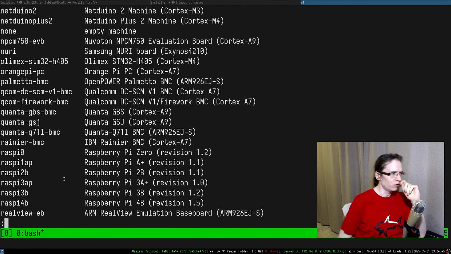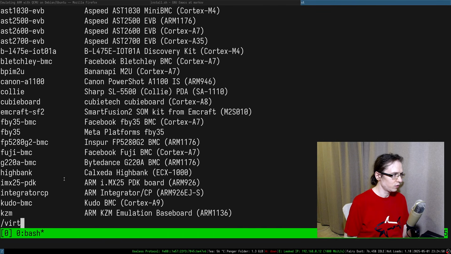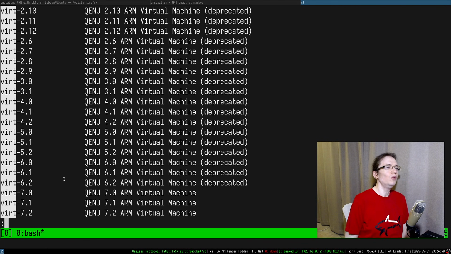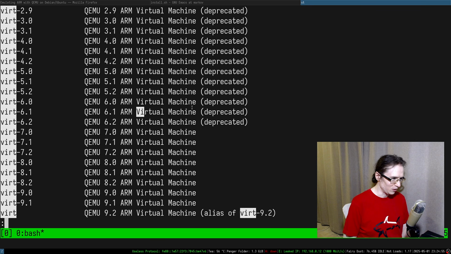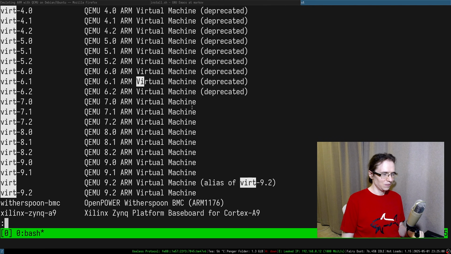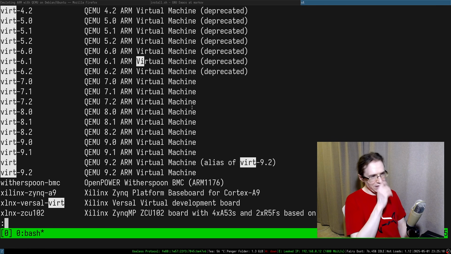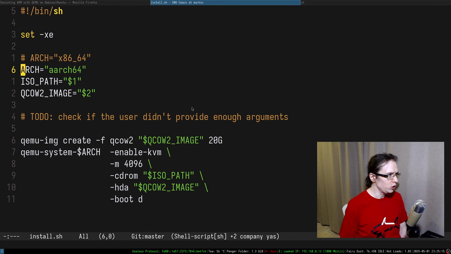Right. So there's also Vert. People are suggesting Vert. I'm not really sure what Vert is. So it's just like a QEMU. Oh, and it's all deprecated. So you have to do something like this. It's a QEMU flavor of a virtual machine, a QEMU flavor of ARM. So it doesn't even exist in reality. This kind of thing doesn't exist at all. It's basically a virtual machine that just has an ARM processor. But anyway, let's actually try machine none.